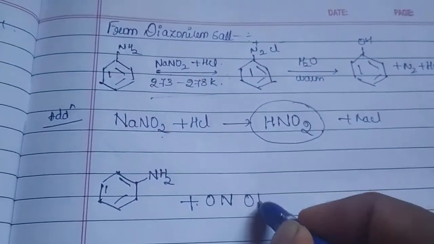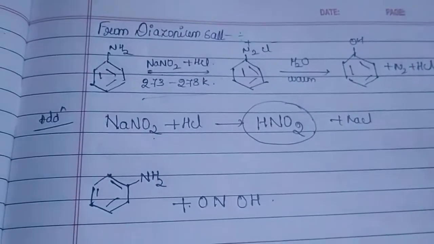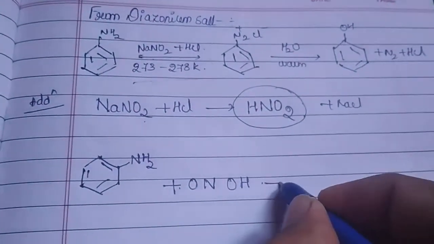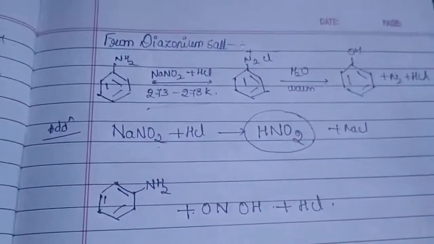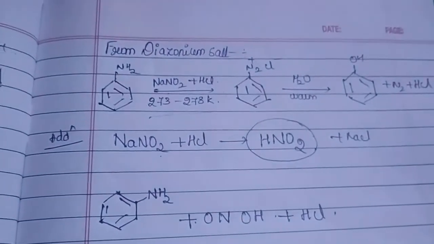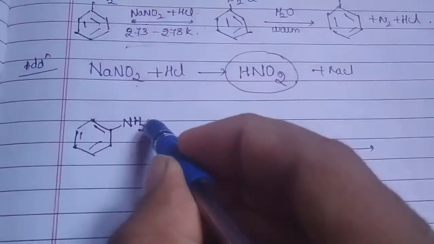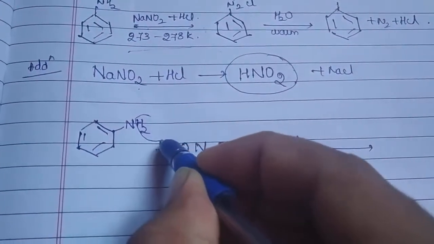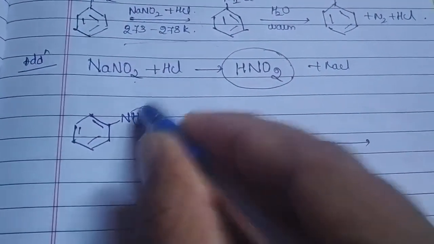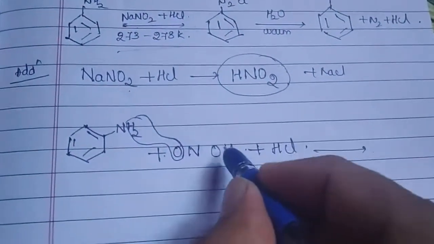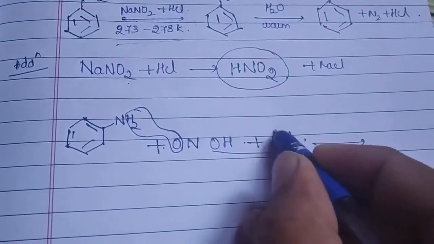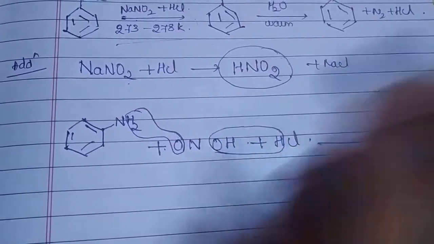HNO2 and an OH. Okay. And once again in the presence of HCl, because some amount of HCl will be present. So what happens over here? See, this H2 goes with this oxygen, and just giving you how to remember it, and this OH with this H. So 2 moles of water has gone out.